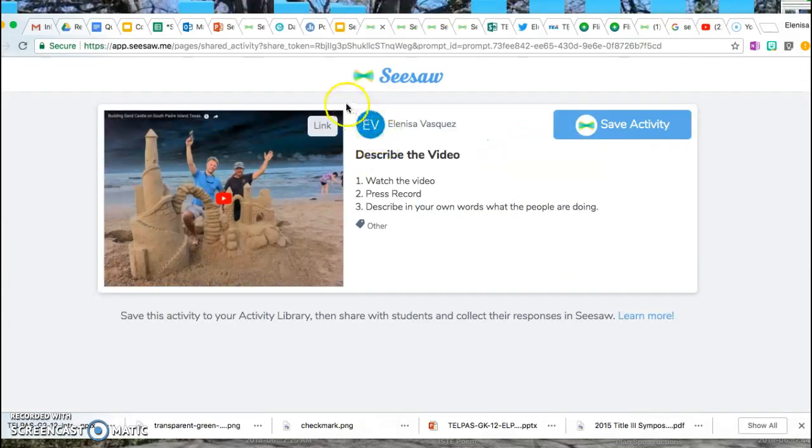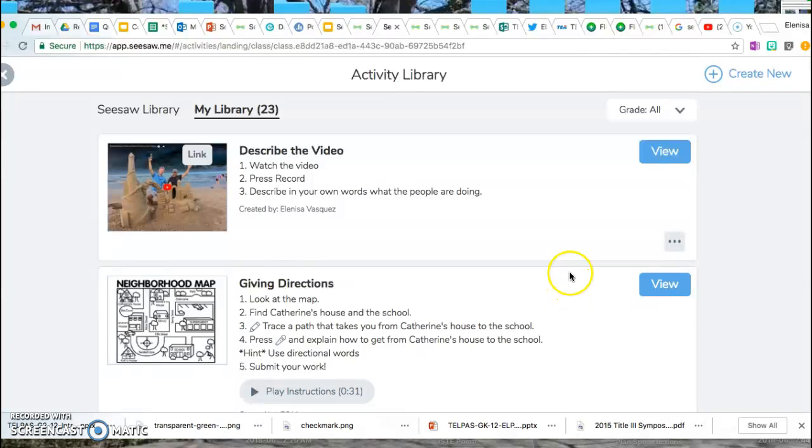Okay, you get a view of what the activity looks like. I have there some instructions. You go to Save Activity, and this brings it into your activity library in your Seesaw account. Okay, so as you can see, here's this video, the activity that we just brought in. In order for you to make any changes or to share it with your class, you're going to have to